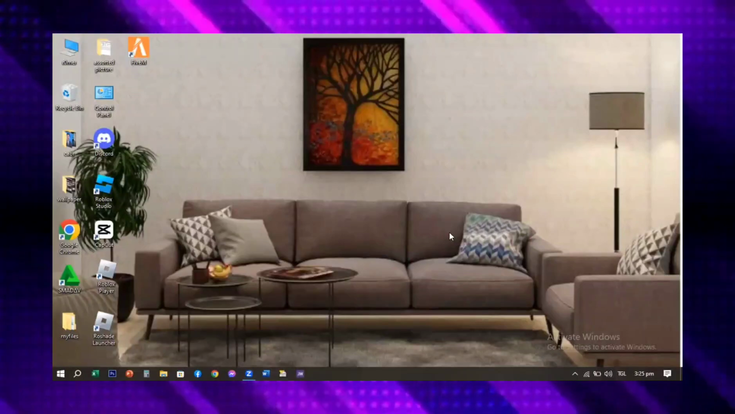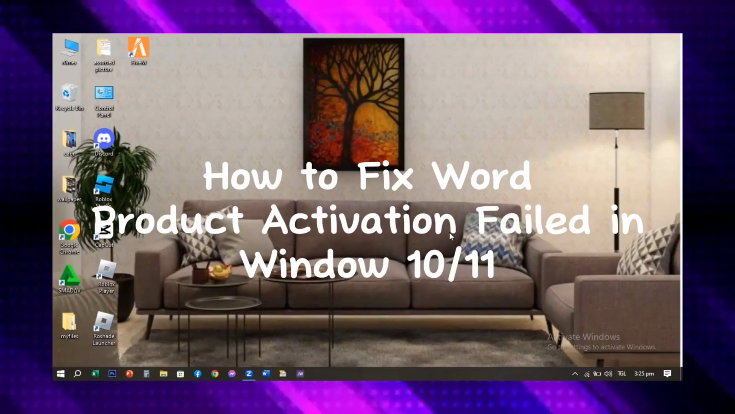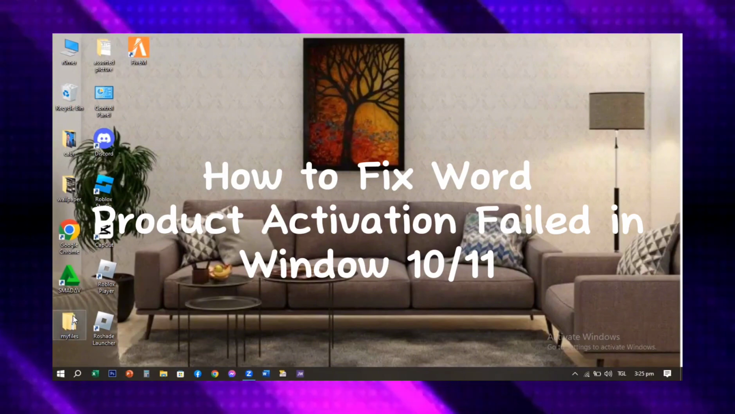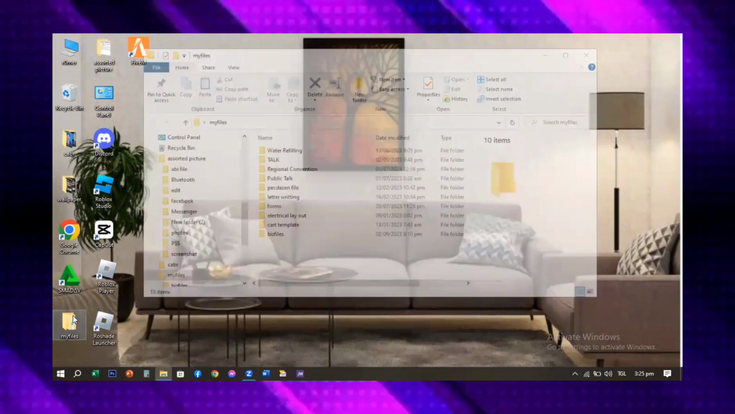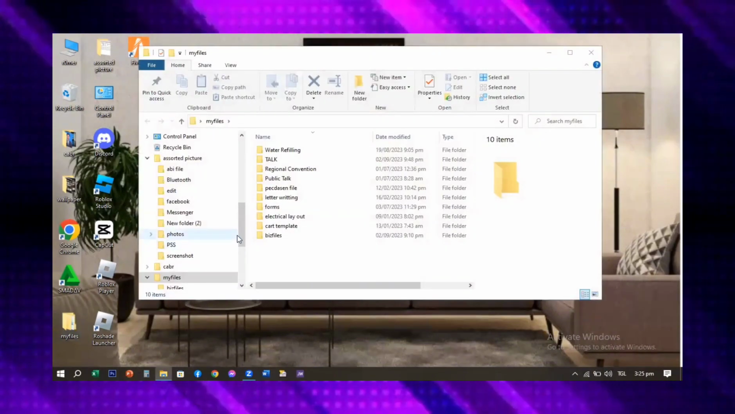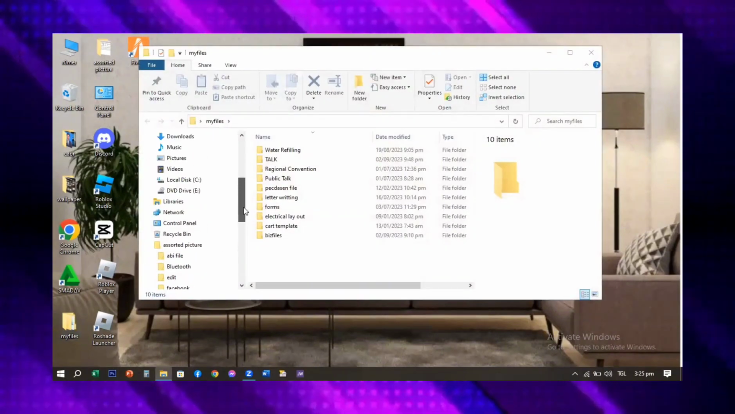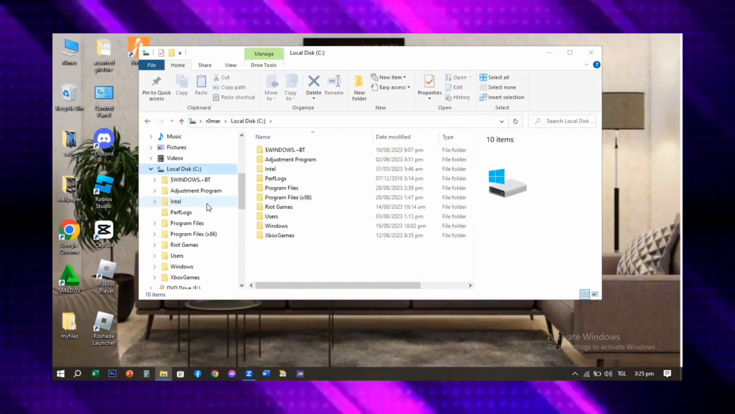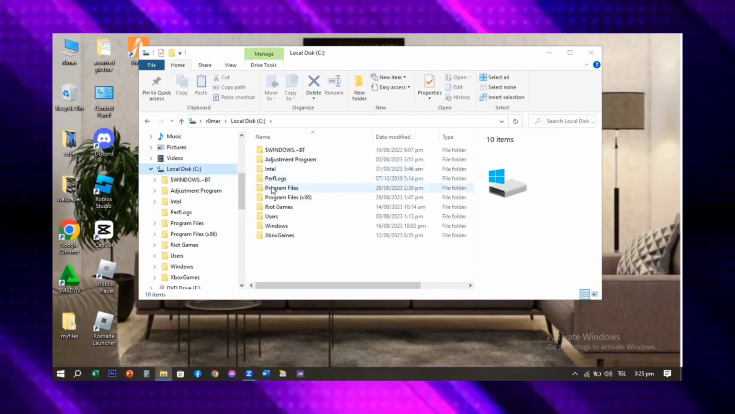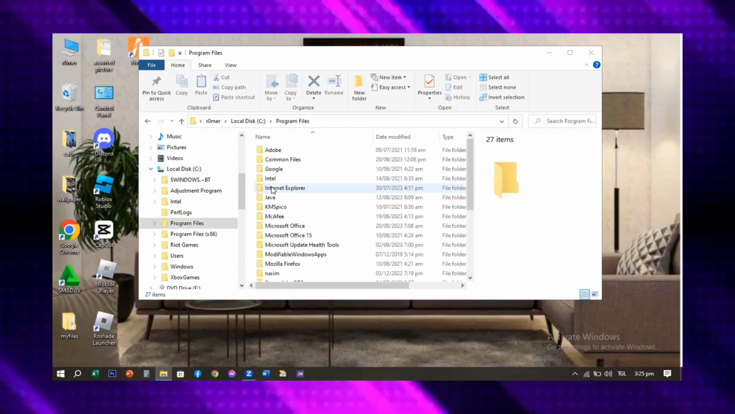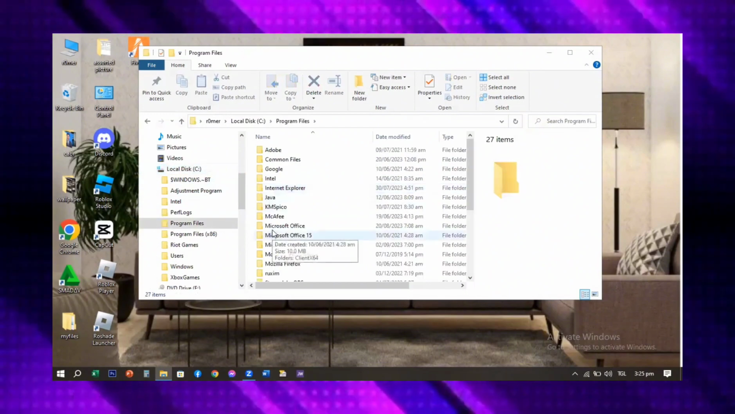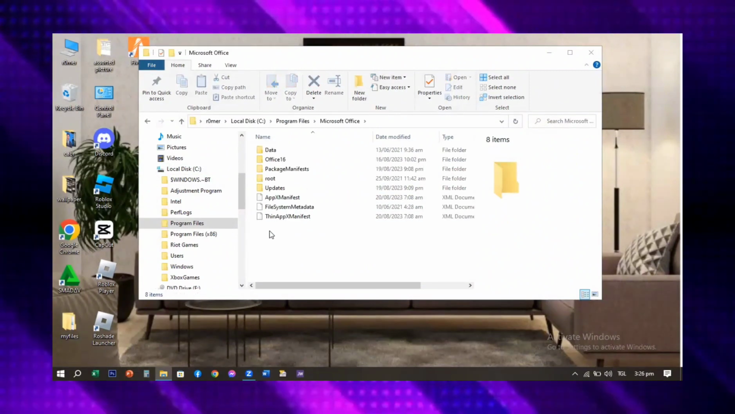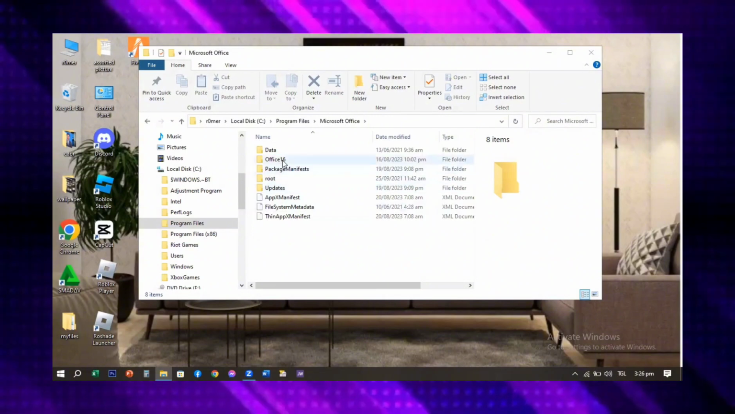In this video, I'm going to show you how to fix Word product activation failed in Windows 10 and 11. So open up your files and then in here open your local disk, and then click your program files. So inside program files, select Microsoft Office, double click and then click on Office 16